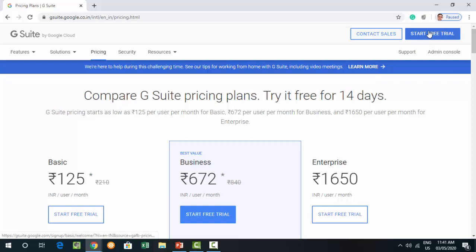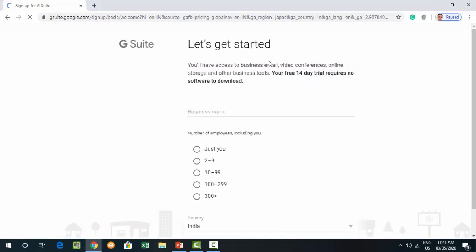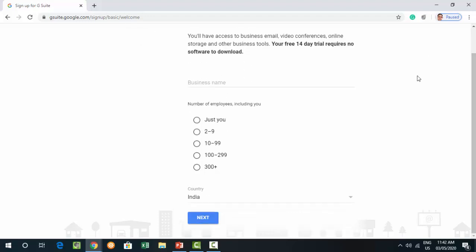Click on this option, and the computer will take you to the registration page of G Suite. So this is the registration page. It mentions that you are free for 14 days to use this software, but Google is going to make this free for you. So soon, within 2 weeks, you will get this service directly in your Gmail account, but still you can register, and you can see how a business organization can register themselves for a G Suite account.